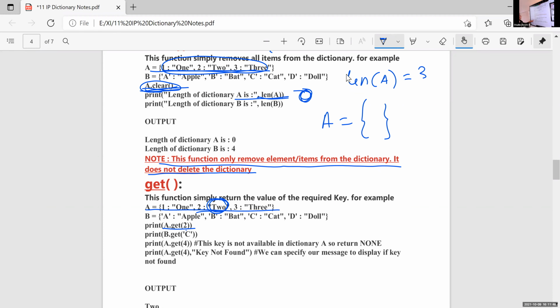Okay, then what is the result of B dot get C? Irene, what is the result of B dot get C? Alan Varghese, unmute and say, Alan, what is B dot get C?